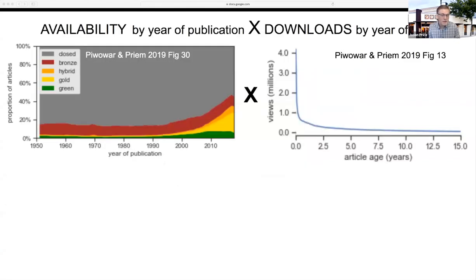The mathemagic of Unsub requires taking this to the next level, looking at it over time. So these are using figures from papers published by Unsub's creators, Por and Preem. We can see at the left a figure that represents availability by year of publication, which will differ markedly for each journal, depending on the proportion of its articles that are available to users via open access or subscription / post-cancellation rights. The gray or paywalled portion would flip to subscribed or post-cancellation access for subscribed journals, and then